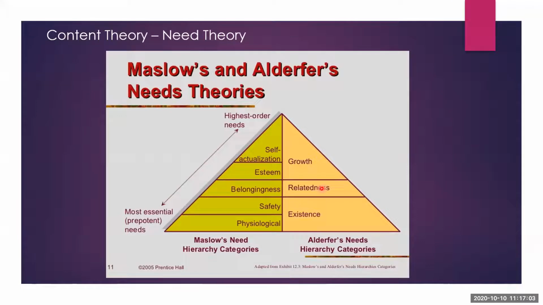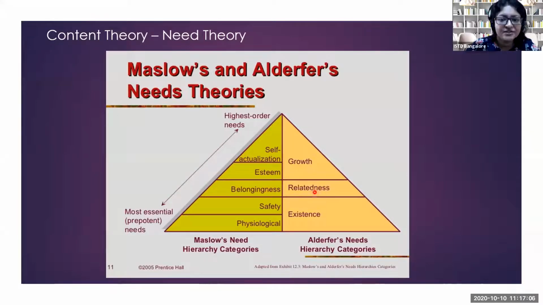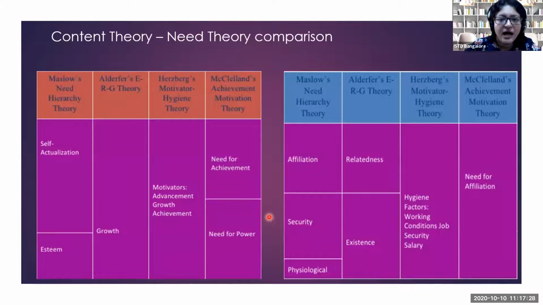Then you have the relatedness, belongingness, affiliation. So these are the levels, okay? And then you have the growth need, which is the esteem and the self-actualization needs. So this is how these two theories are compared. However, it is mapped with one another, right? Adler's need theory and Maslow's hierarchy of needs. Now, how does the need comparison happen with these 4 theories? Maslow's, Adler's, Herzberg's, and McClelland's. So if you see here, this is the baseline. These are the 5 levels that we have for Maslow's hierarchy of needs.